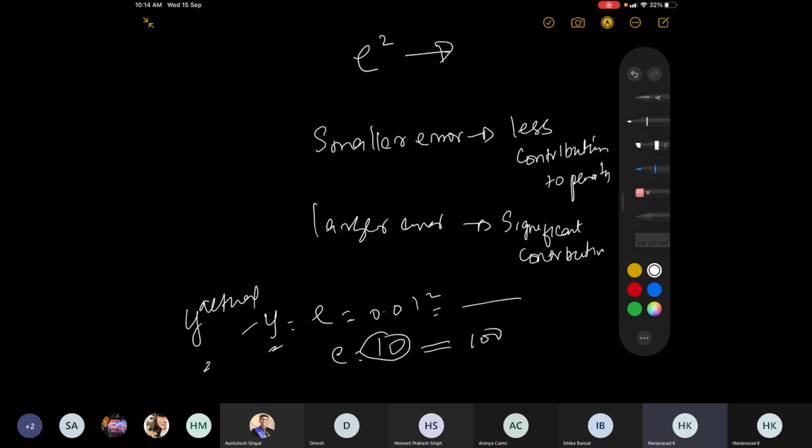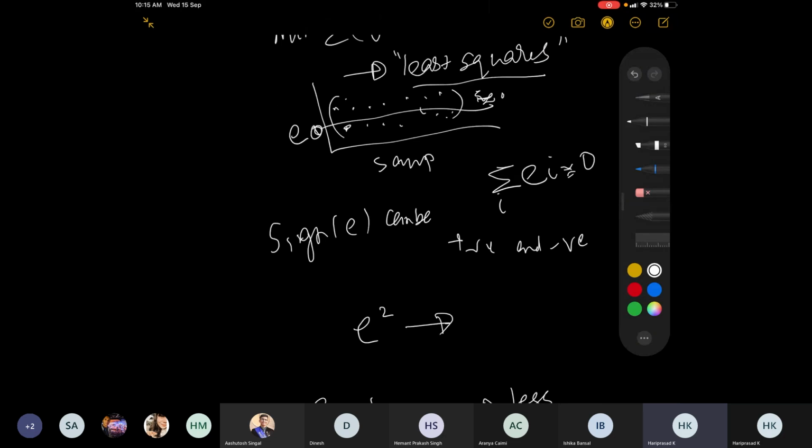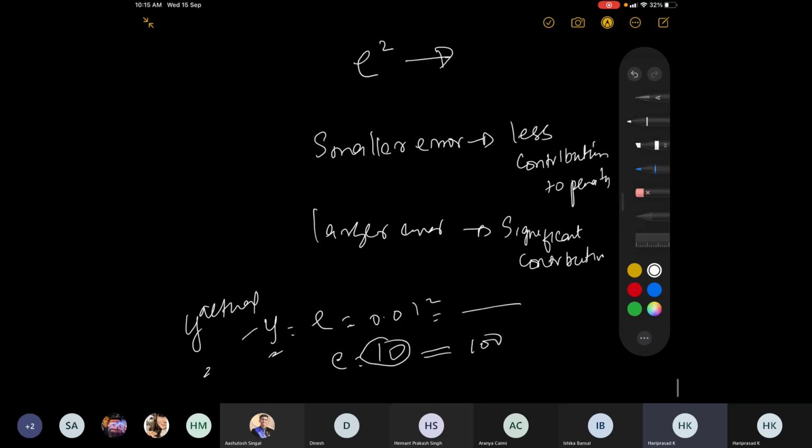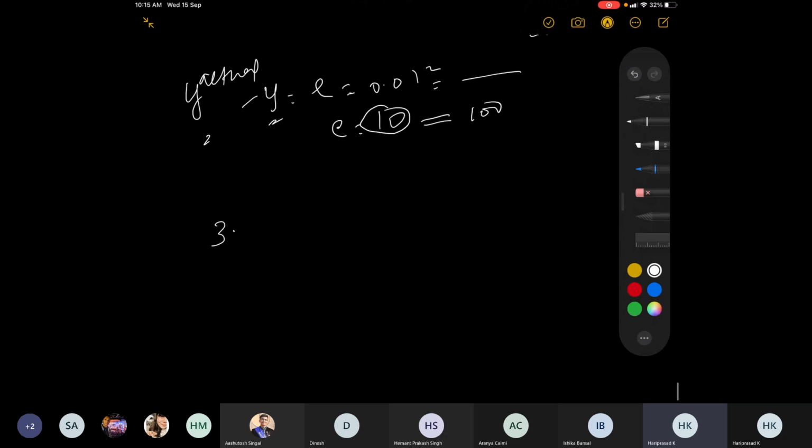So by putting least squares, there are multiple advantages. In fact, there are three things. One is that the variability of error across the zero would be less, because you are converting all the values to positive. The second is that smaller errors will have lesser contribution and larger errors will have larger contribution. And thirdly, numerically speaking,